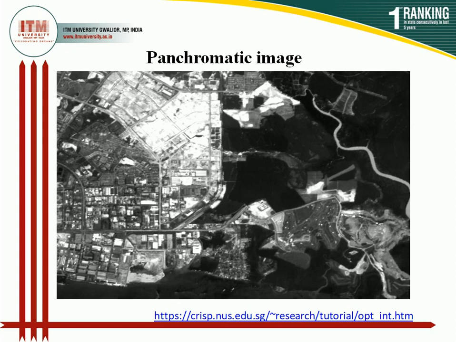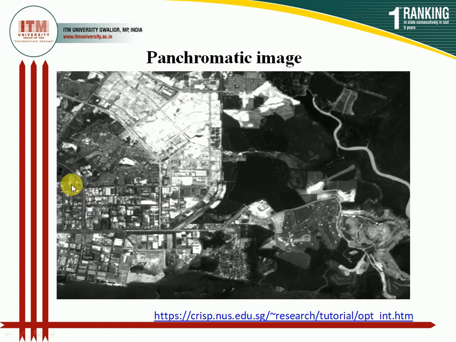It consists of one band. It is usually displayed as a scale, as a gray scale image. Okay, the displayed brightness of a particular pixel is proportional to the digital number of the pixel. The digital number is that number which is related to the intensity of solar radiation which is reflected by the target in the pixel and directly detected by the detector.